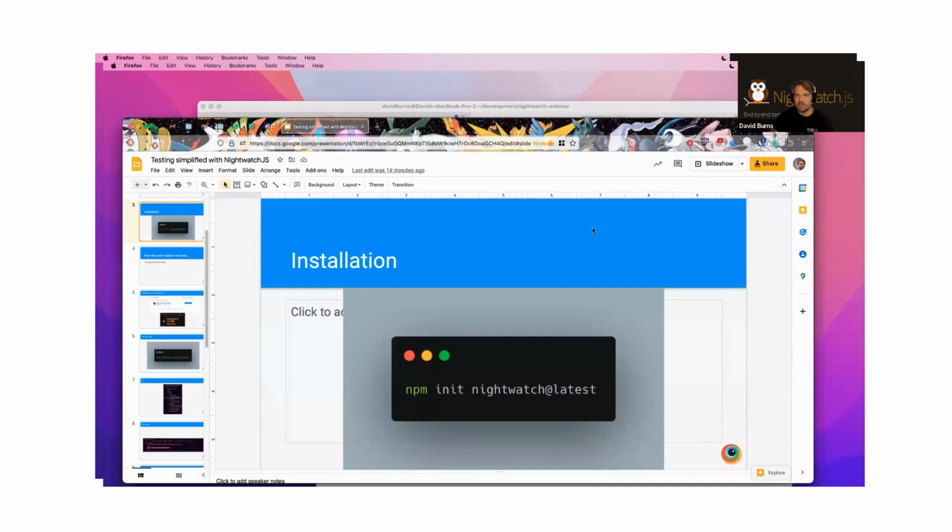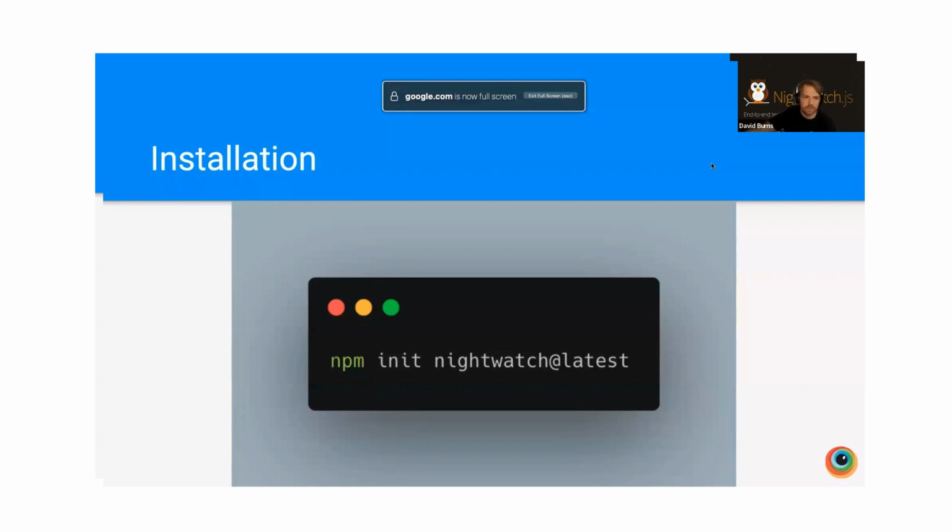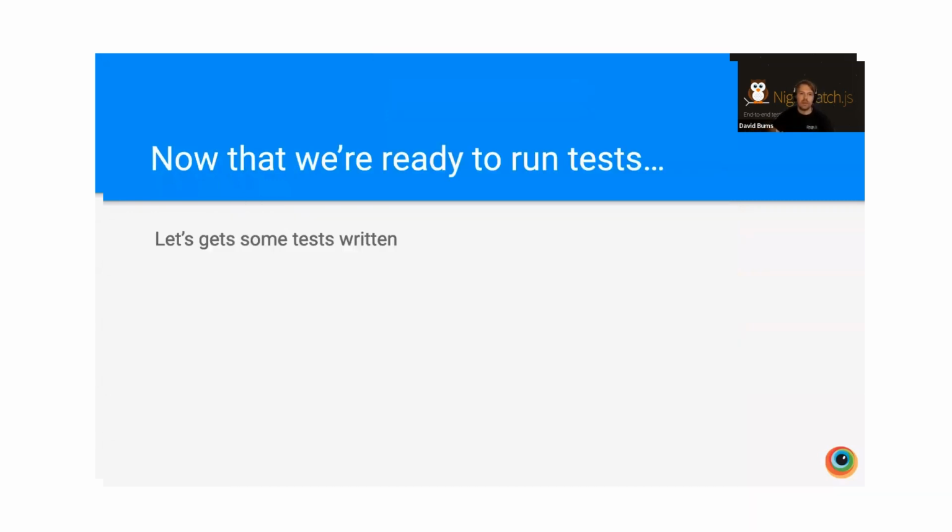Right, so back to the slideshow. We've done that. Now we're ready to run some tests. As I mentioned earlier, we've got those template tests,